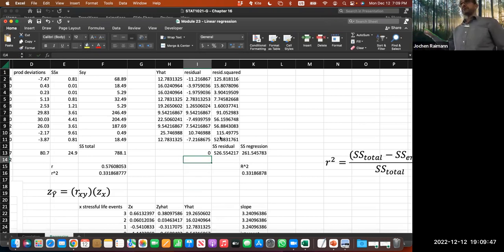Okay, so the sum of these residuals is 0. I was thinking a little bit around the corner here. Okay, so the sum of these residuals actually is 0, and basically what you know about